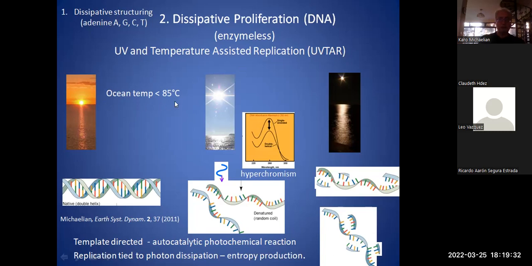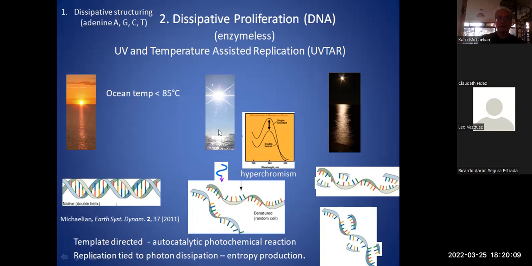So if you remember, I said that the ocean surface at the origin of life was about 85 degrees centigrade, and it was cooling throughout the Archean. So you can imagine if you did have these molecules and they did form single strands of DNA, the single strands would find a complementary strand and form a double strand. And then it would be stuck in this configuration. If the surface temperature of the oceans didn't increase, it would stay in this double configuration, so it couldn't replicate, because the first step you need in replication is denaturing.